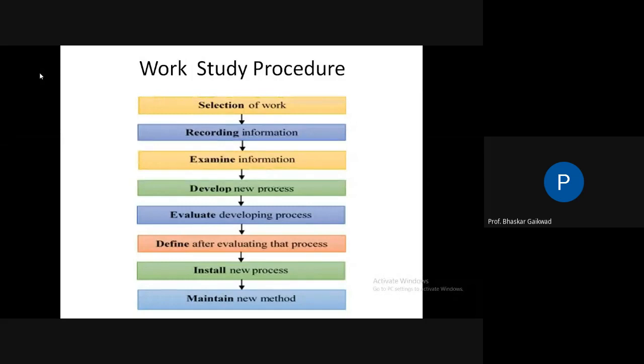Okay. Now develop a new process. Whatever process we have studied, is there any scope to reduce some work? So in our planetary gearbox, initially we are drilling, and then we are going for boring. And then we are going for other things, and then we will go for drilling. So the movement of this job is from drilling machines to the CNC to the VMC, like this. Is it possible to reduce that drilling part? Can we combine this drilling and boring at a time on the CNC, so that